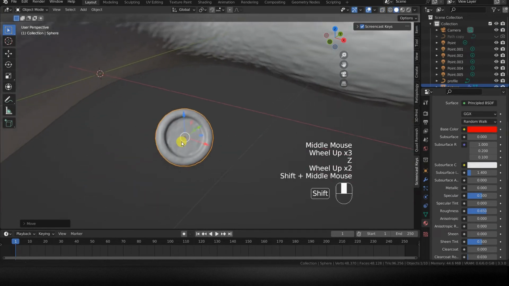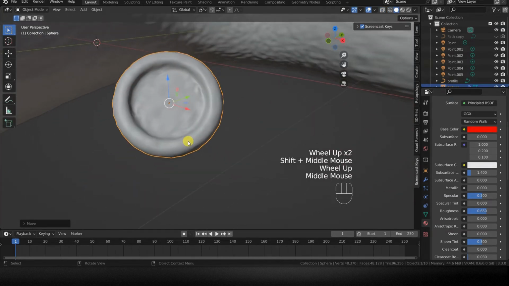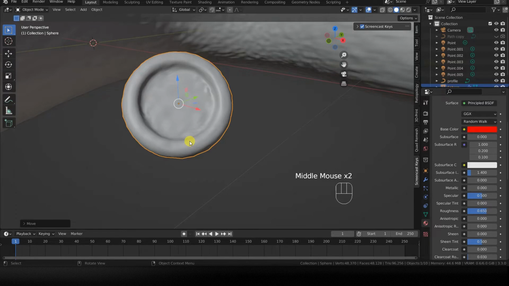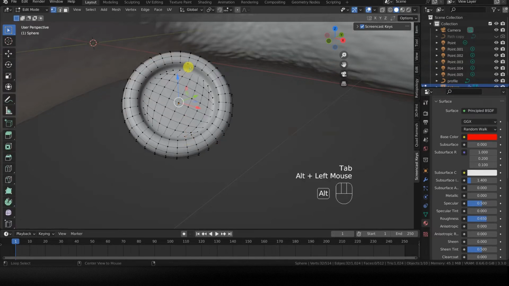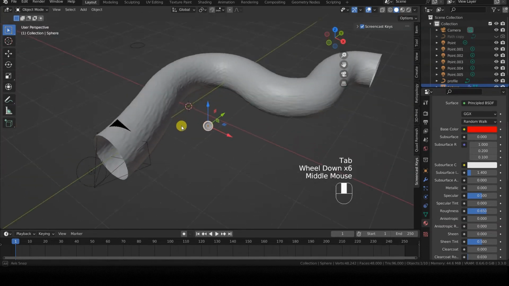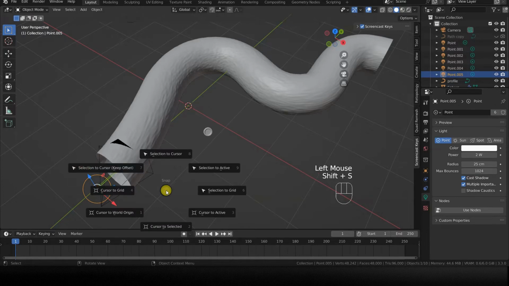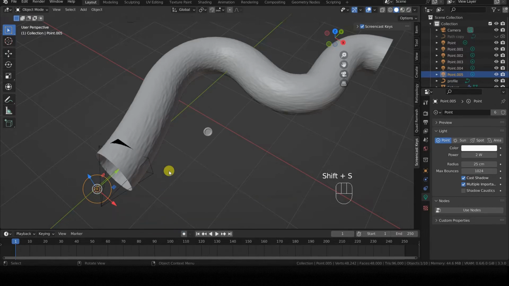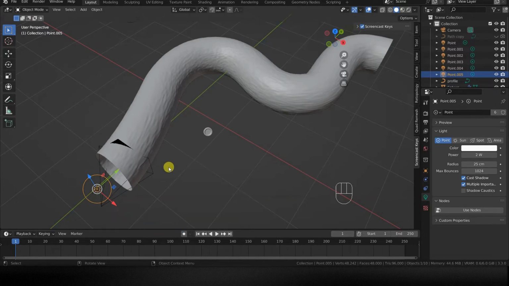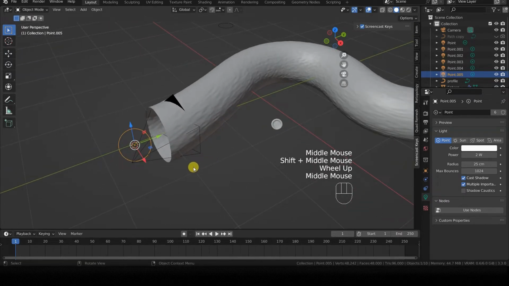This time, I choose a principled BSDF material with a slightly dark red color and a roughness of around 0.6 to provide a subtle specular reflection on the object. After this step, move the red blood cell back outside the blood vessel and return to solid view mode to focus on creating the particle system that will emit the red blood cells.